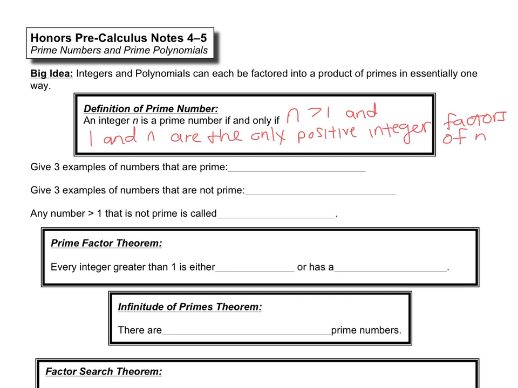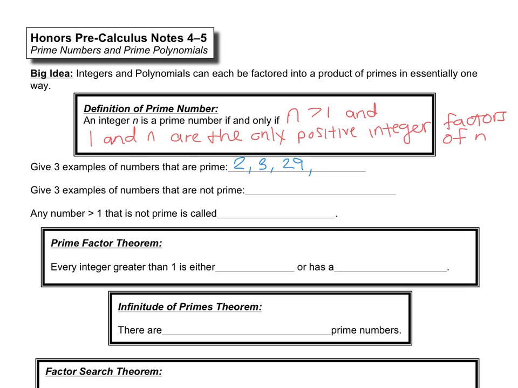So, for example, 3 examples of numbers that are prime. 2 is prime. It's the only even prime number. The only factors of 2 are 1 and 2, so by definition of prime, 2 is prime. 3 is prime. The only factors of 3 are 1 and 3. 29 is prime. Obviously I skipped a few, but just giving those examples, the only factors of 29